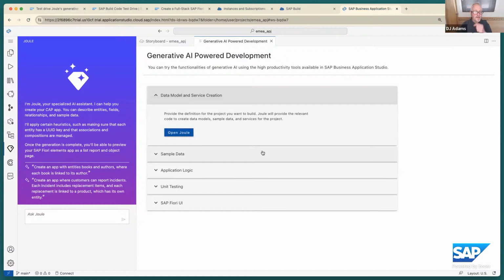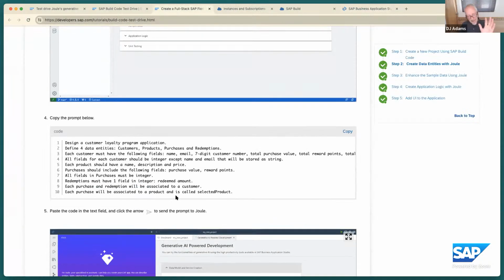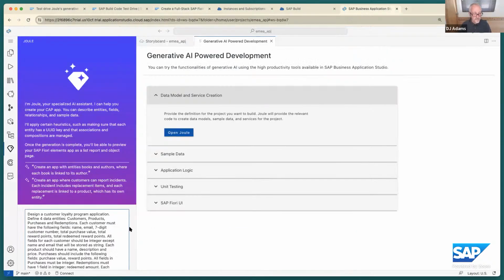So we've got a nice little thing here, and that prompt. So what is this prompt all about? The whole idea, unless you've been living under a rock for the past year or so, is that you can give a generative AI a persona, a generative AI facility, a text prompt. And this is the text prompt that's in the tutorial. So I'm going to just paste that in verbatim.